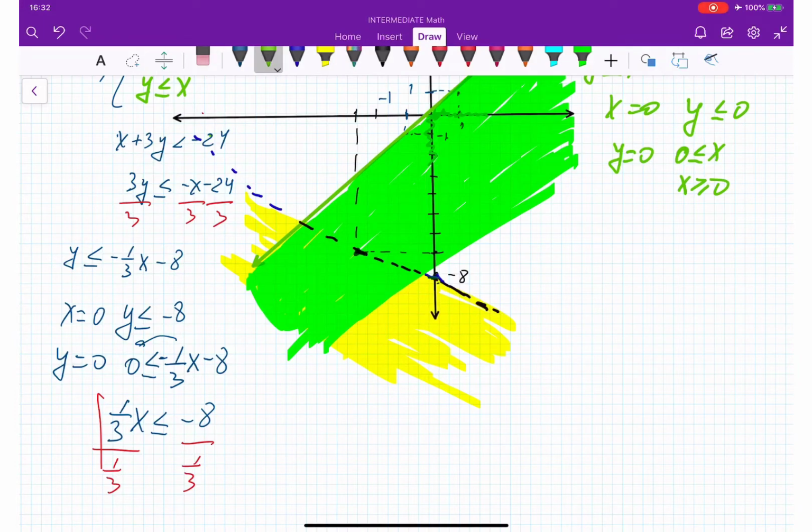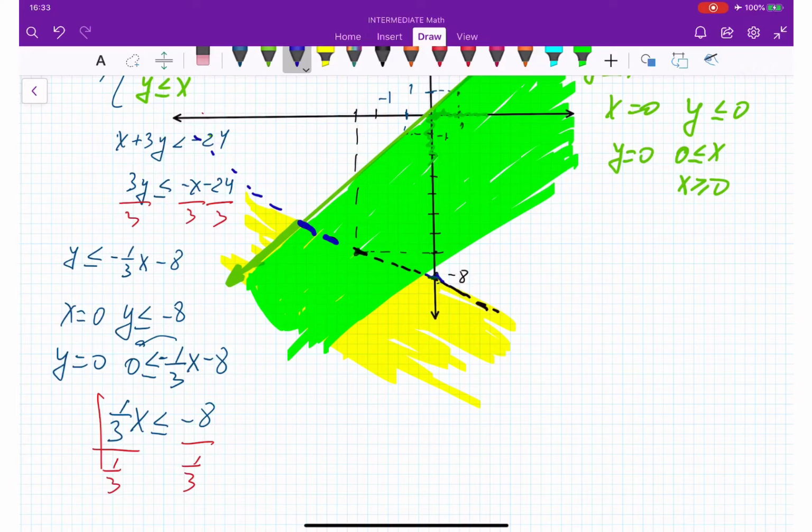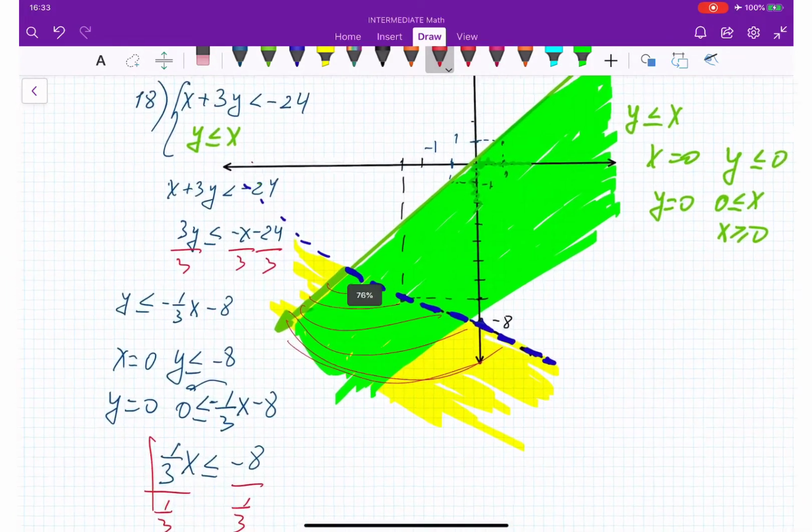So let's see. This is this piece from one graph. By the way, when you are using inequality, then the shading area is going to be limited by both graphs. Okay? And it's going to go like this. So the shaded area is going to be this, between these two, because that's where they are overlapping. Okay? Question number